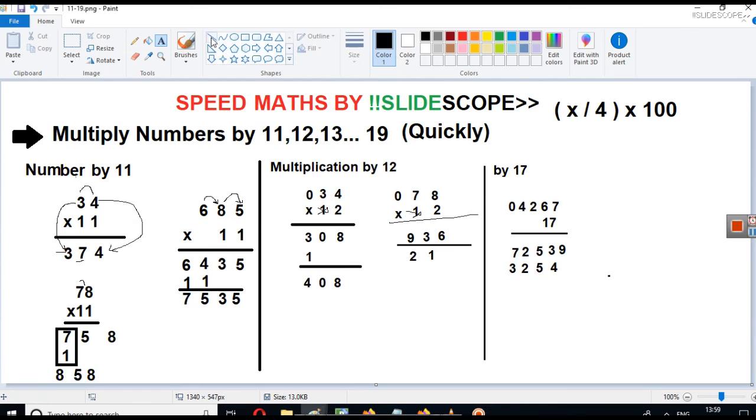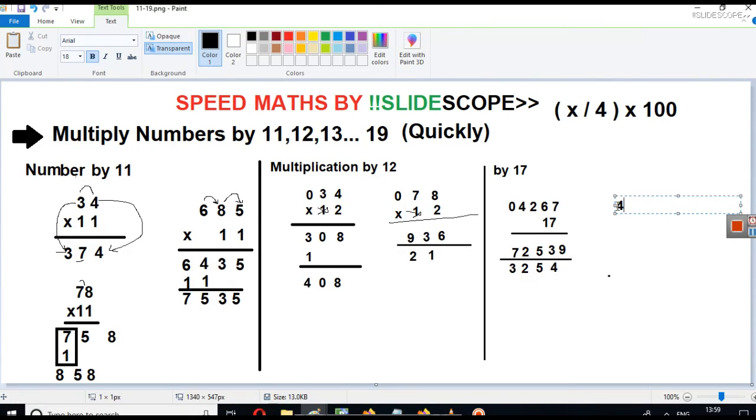So this is how you can calculate multiplication of any number. We took a number of 4 digits. We tried to multiply it by 17. So you can apply the same trick on 19, 13, every number. Let's take any number. Let's say our number is 483, and we will try to multiply it by 19. Again, we have to multiply it by 19. We don't have to consider 1 here.